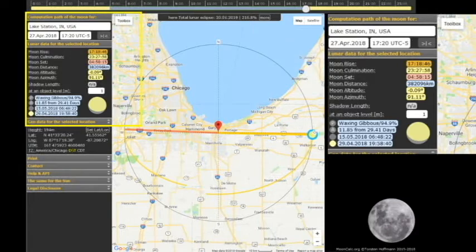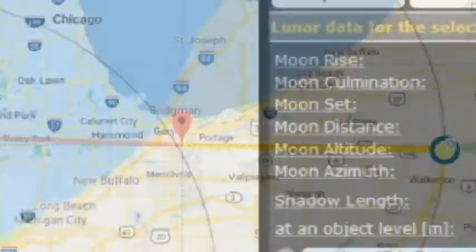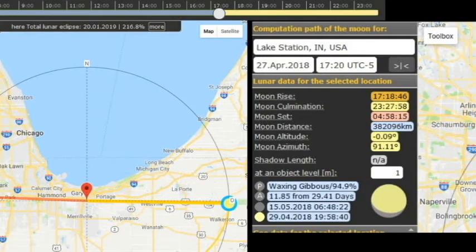It also gives moonset, but you got to be careful when you go to mooncalc.org and you're getting moonrise and moonset. If you're going to use the length that the moon's going to be up, you have to pick the moonrise for the day before, for the day of actual moonrise, and your moonset has to be the day of the actual moonset. Like me pulling moonset from April 27th isn't going to do me any good because the moon isn't going to set till the 28th for me. All right, so as you can see here on the right, it's just blown up a little bit so you can see it better.